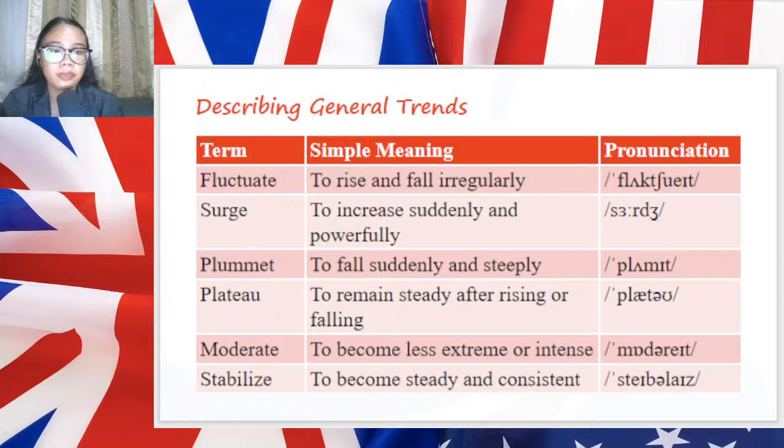Generally, the tone when you use fluctuate is neutral or objective. It simply describes a pattern of movement without implying a positive or negative outcome. It just states the nature of the change. That's fluctuate. When it comes to pronunciation,